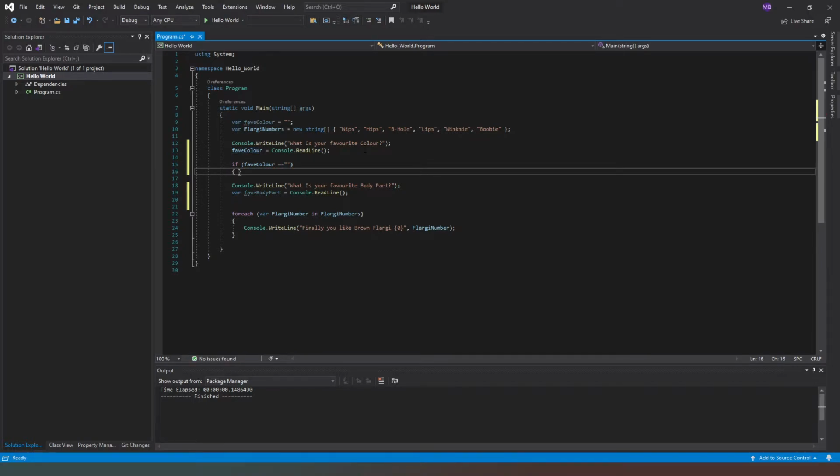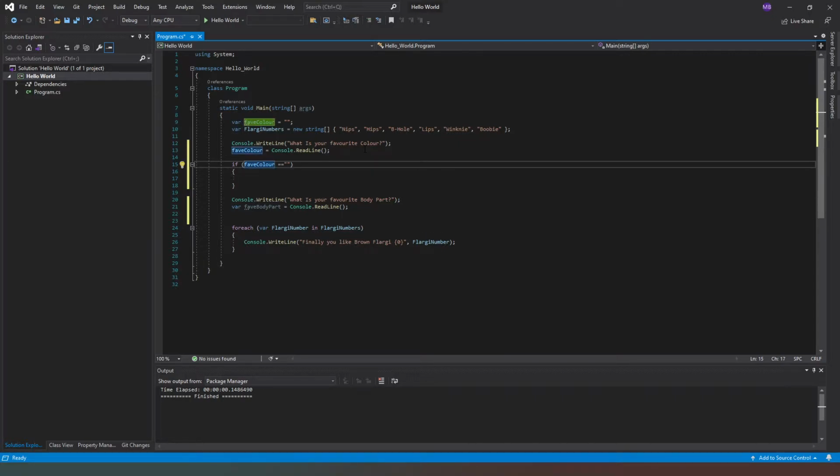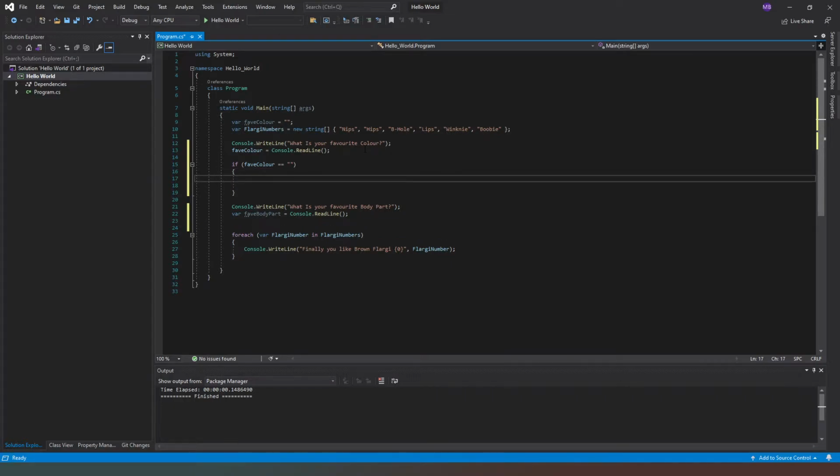Then we need to carry out whatever code happens within this set of curly braces, like so. And then we could realistically say Console.WriteLine, and then output the string you didn't type anything